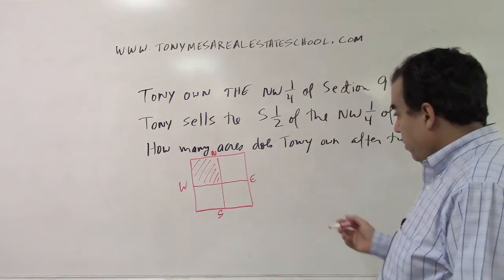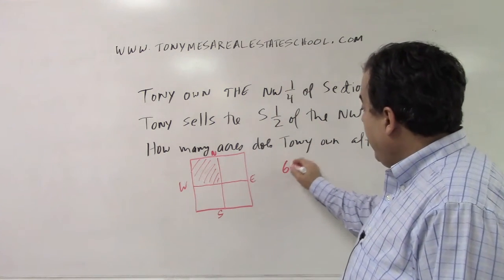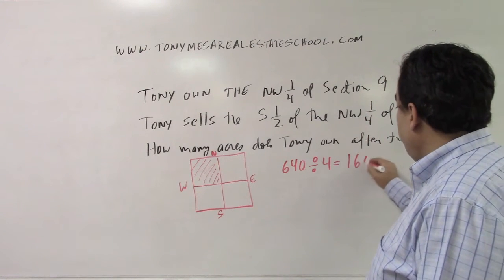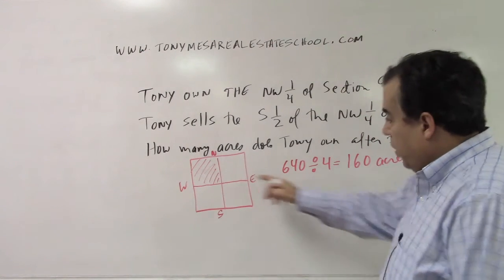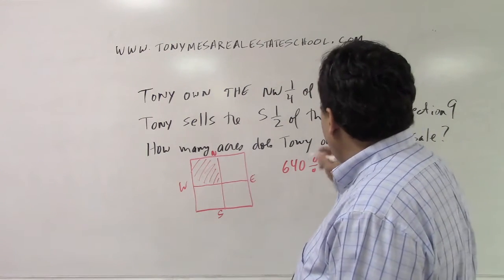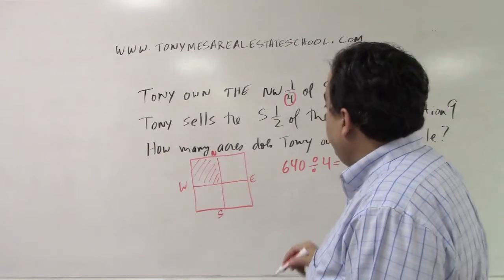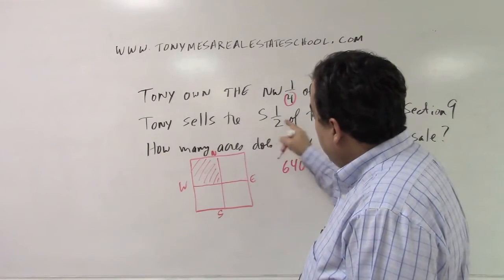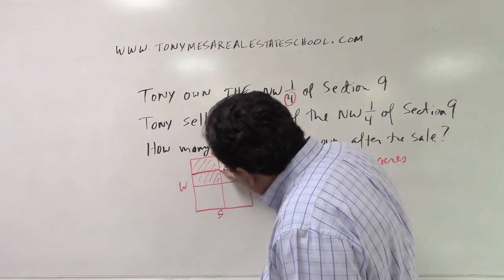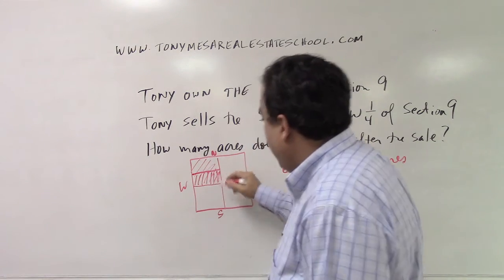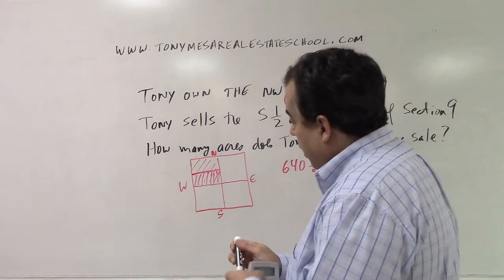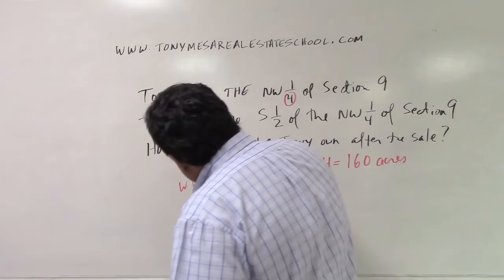And the idea is that if I take 640 and divide it by 4, it gives me 160 acres. I own 160 acres. That's what I own, right? And so I've divided by that 4, right? And then I'm selling the south 1/2, right? So you take this and you split it in half. This portion in red is what I am selling, and what I still own is this portion here in black,